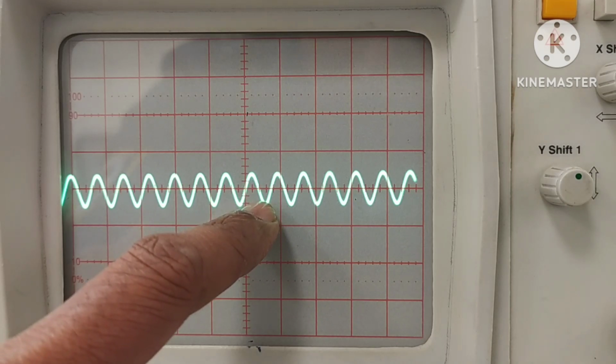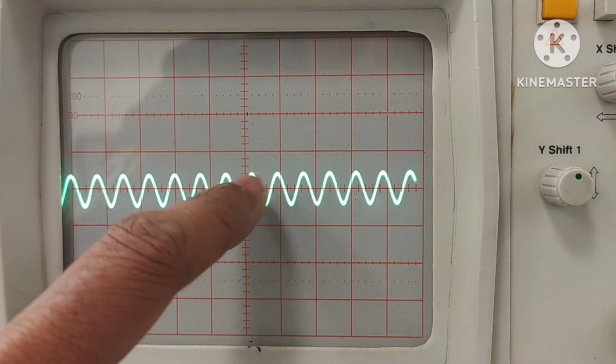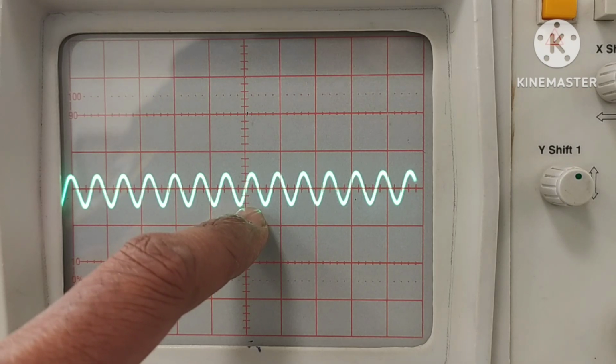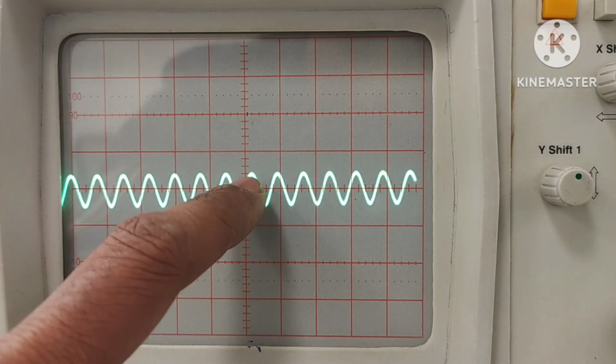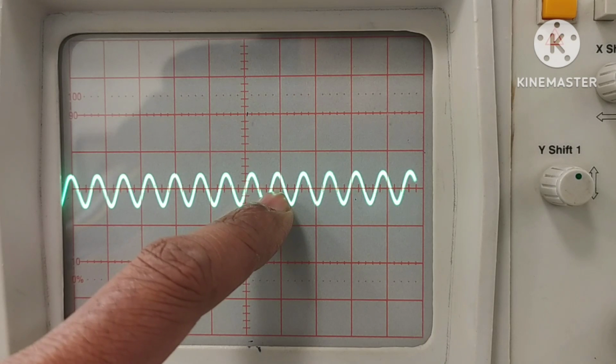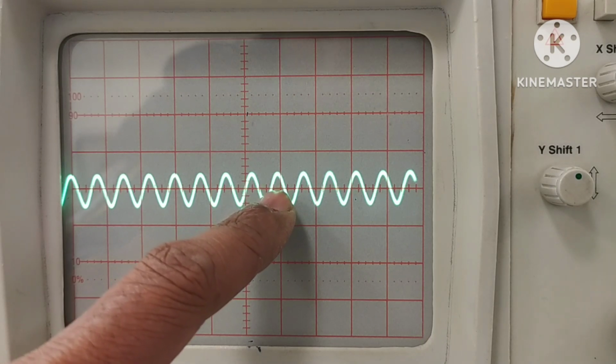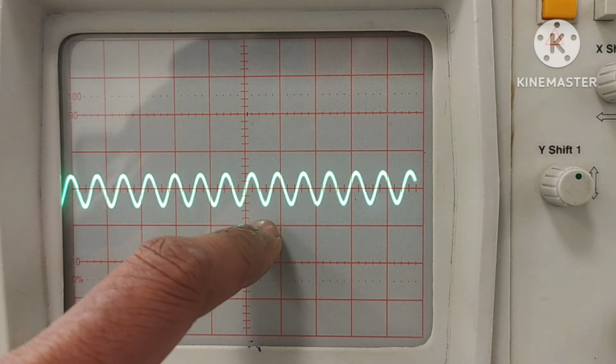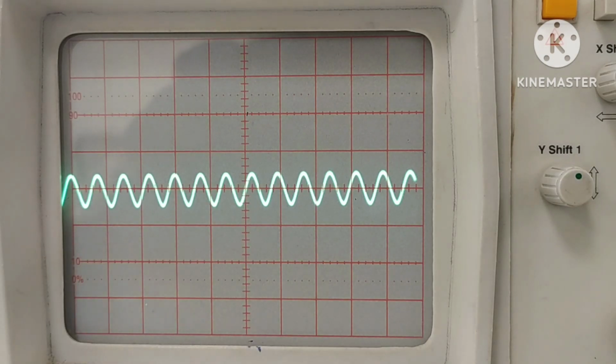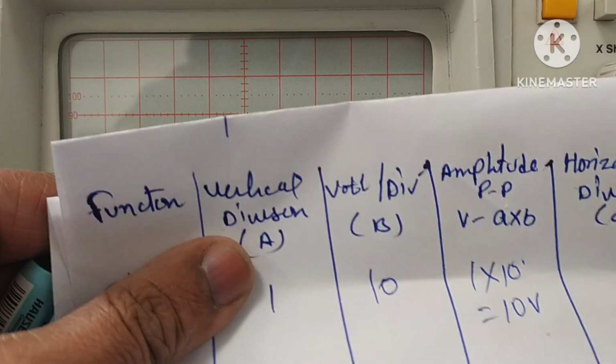So I divide 1 by 5. So one subdivision becomes 0.2 and this signal covers 4 subdivisions of the box. That means the horizontal division covered by this signal is 0.8